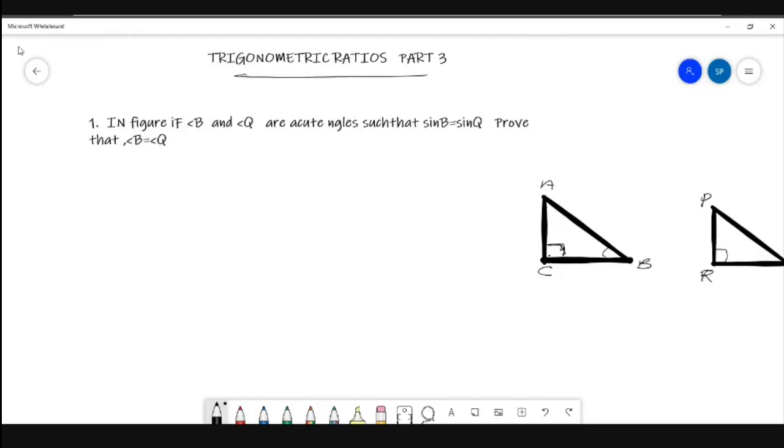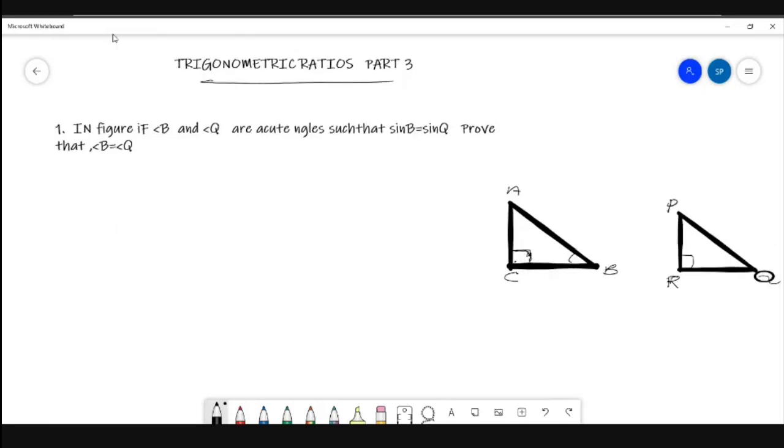Here, the figure is given. If you are not given a figure, the same question can be done with one triangle also. In that case, you can name the triangle as ABQ and solve. But if the figure is given, that is, if you have to consider two triangles, this is the way you do it. Let us see how to do it. Consider the triangle ABC and